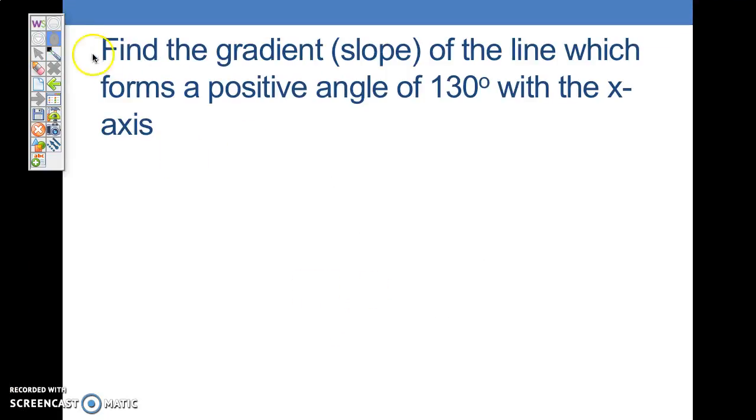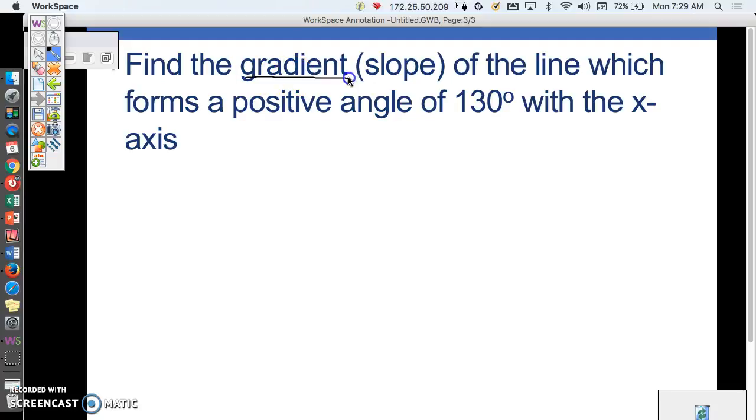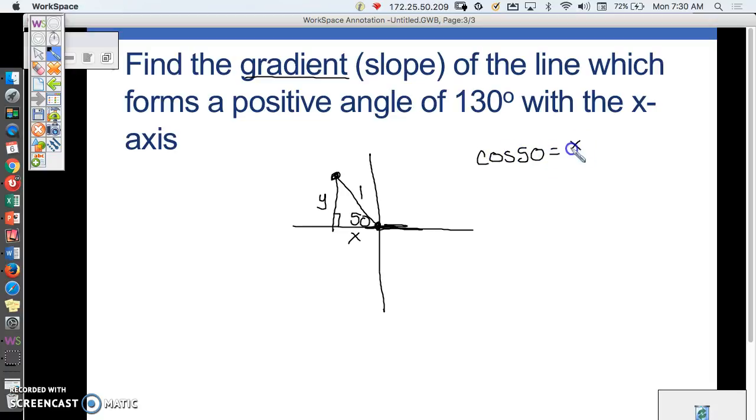So the first thing we're asked to do is find the gradient, another word for slope, which we'll be using, of a line which presents a positive angle of 130 degrees with the x-axis. That just means it's in that standard form that we've been using. So 130, this would be 50, and we need to find the slope between those points, and that distance is 1, x, y. So the cosine of 50, x over 1, which is x,